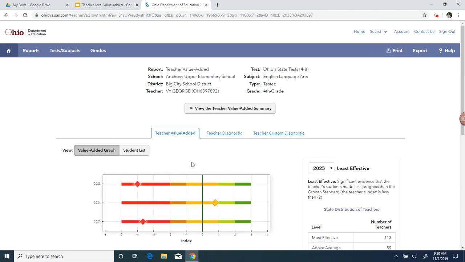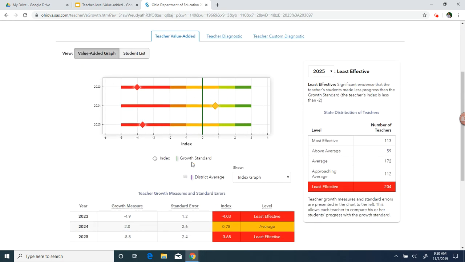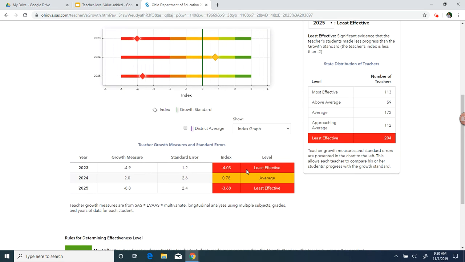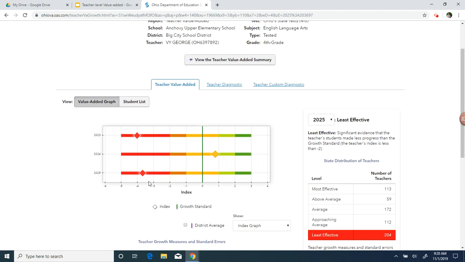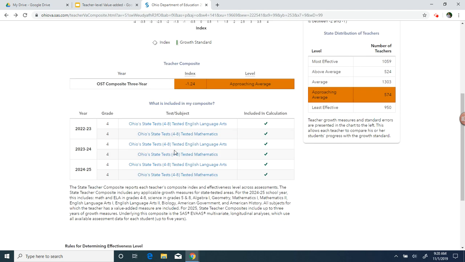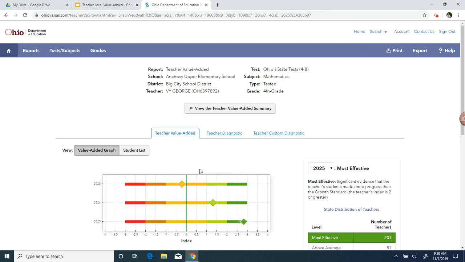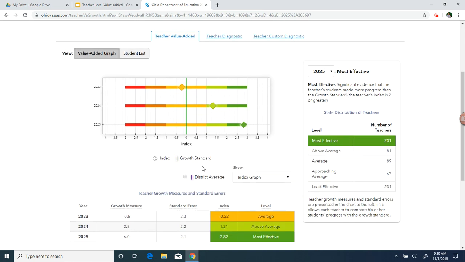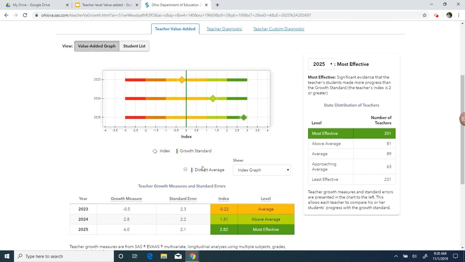Clicking on that link will take you just to that subject area. And again, it'll show you your 3 years of that subject area. And down below, it'll list each one. So this is one of the 2 subjects. I can always go back using the back arrow, and I can choose the other subject. So in this case, the teacher has both English Language Arts and Math, and can look at, again, just that